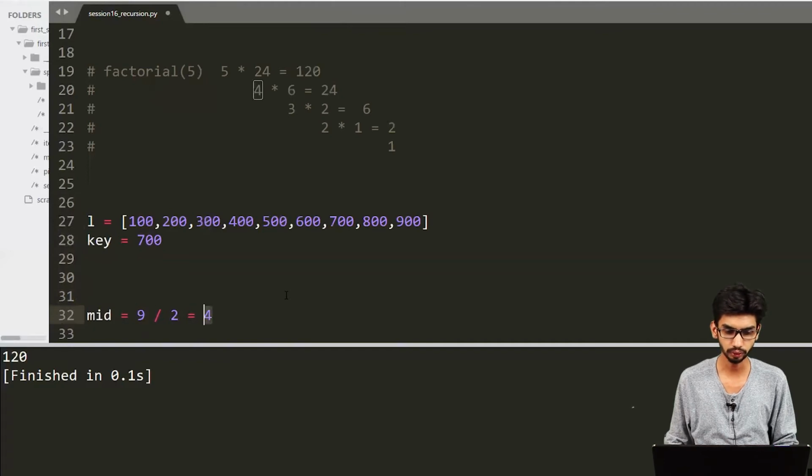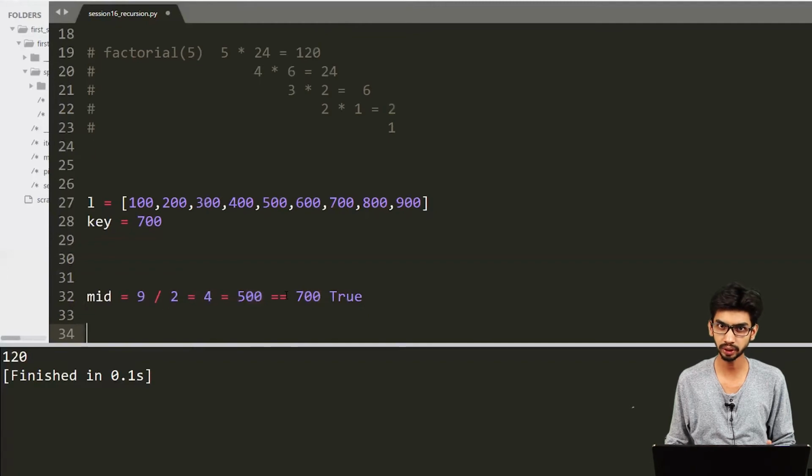So I got the fourth element will be the mid, so value is 500. So I will compare this 500 with the key. Okay, if this mid is equal to key, then in that case I will say return true. This is the answer. Okay, otherwise I need to check if this key is greater than mid or less than